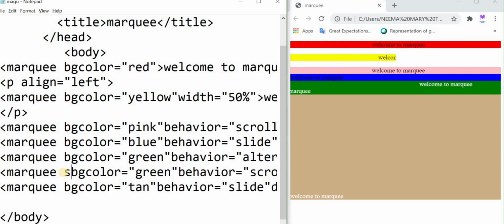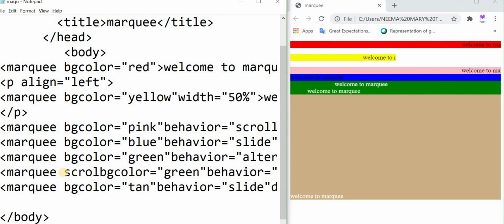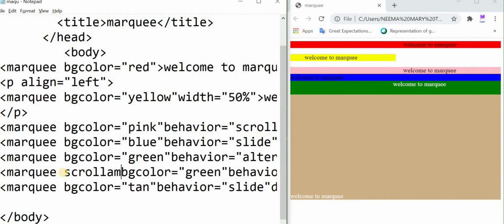SCROLL AMOUNT, scroll amount is equal to, normally we are giving 5, that's slow, speed will be very slow. So let us give scroll amount 5. So scroll amount determines the speed of the marquee text.